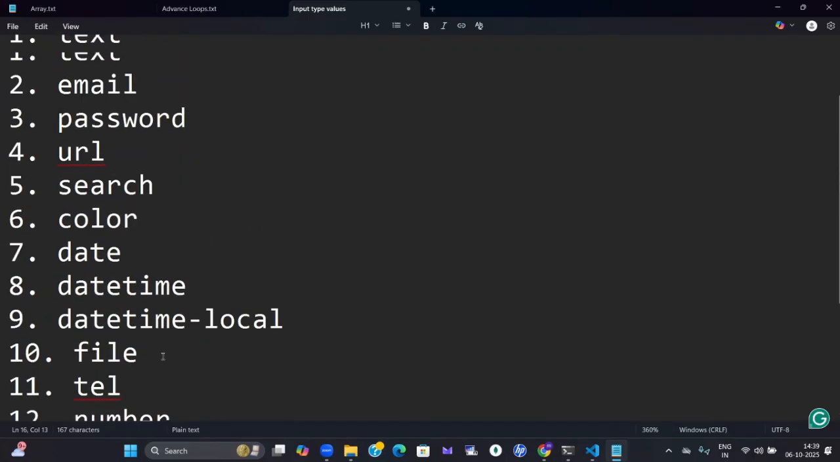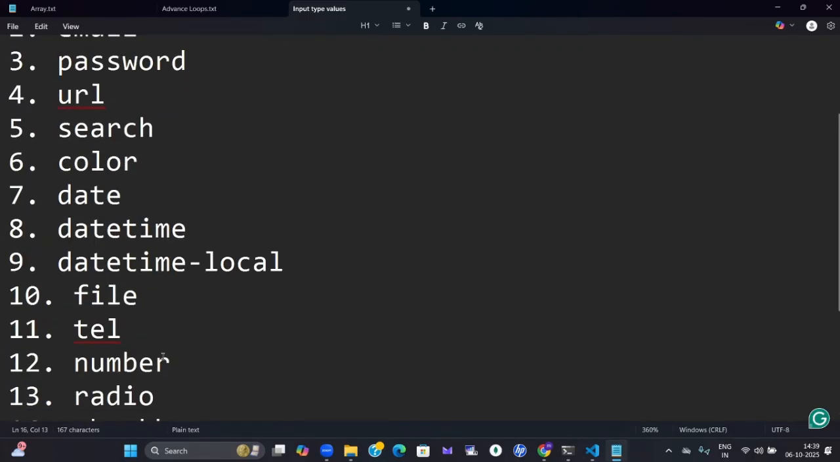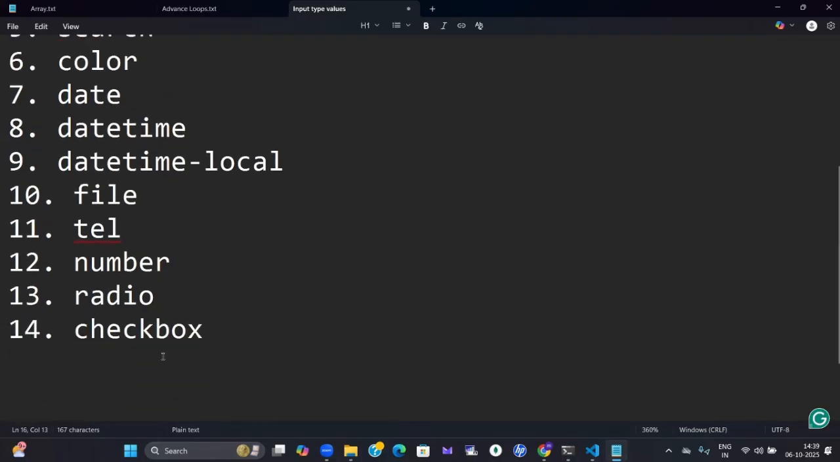What are the things we discussed here? Text, email, password, URL, search, color, date, datetime-local, file, tel, number, radio, checkbox. And what do we have next? The 15th one,